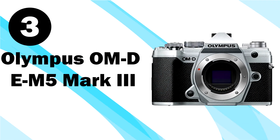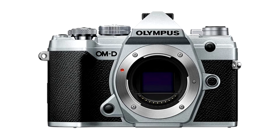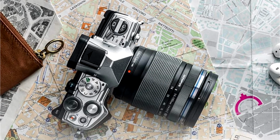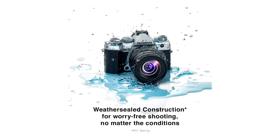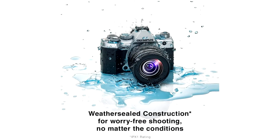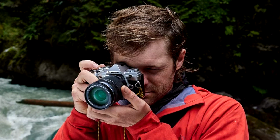Then on number 3, we've got the Olympus OM-D E-M5 Mark III. The Olympus E-M5 is an exceptional camera and a worthy successor to the highly regarded Olympus OM-D E-M5 Mark II. This new camera uses Olympus' latest 20.4 megapixel Micro Four Thirds sensor. And while this might put some people off, these sensors are smaller than APS-C. The image quality is very close to APS-C standards, and it allows Olympus cameras and lenses to be especially small